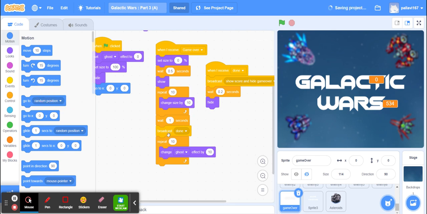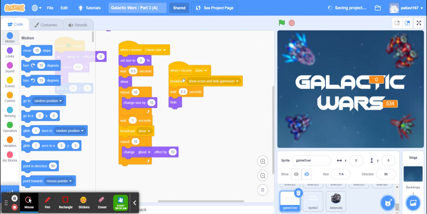I can also combine this, or I can put these as separate entities. So when I receive done, basically when the size of this grows from 0 to 100, it's going to be over, it's going to hide, and then I'm going to broadcast this message of show score and hide game over.